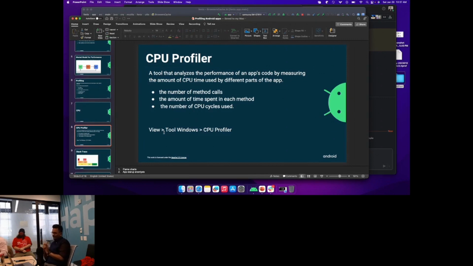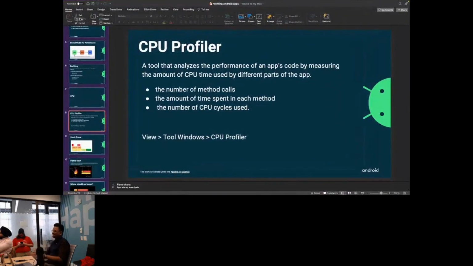It's a tool that analyzes the performance of an app by measuring the amount of CPU time spent by the different parts of your app. If you have a massive code base, like the Firefox code in their mobile app, you would have almost 100 files and millions of lines of code doing the stuff to make things run smoothly. So a CPU profiler helps you to identify